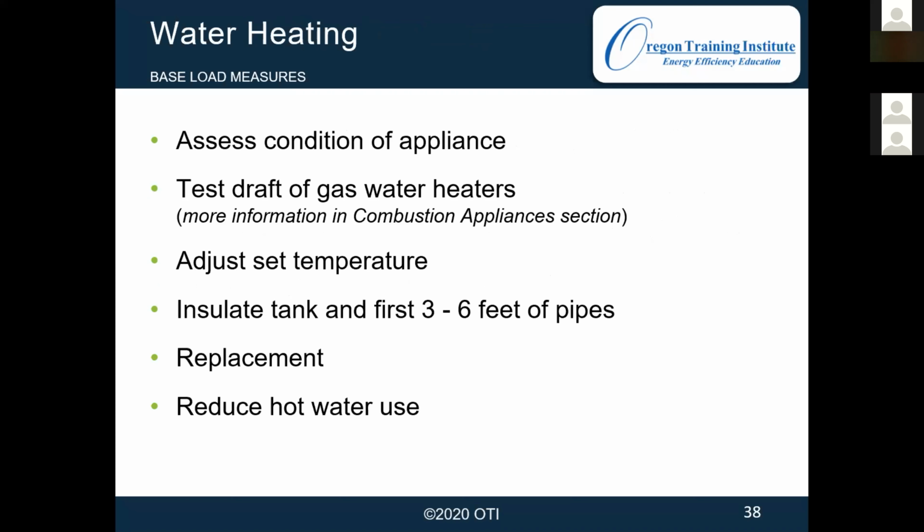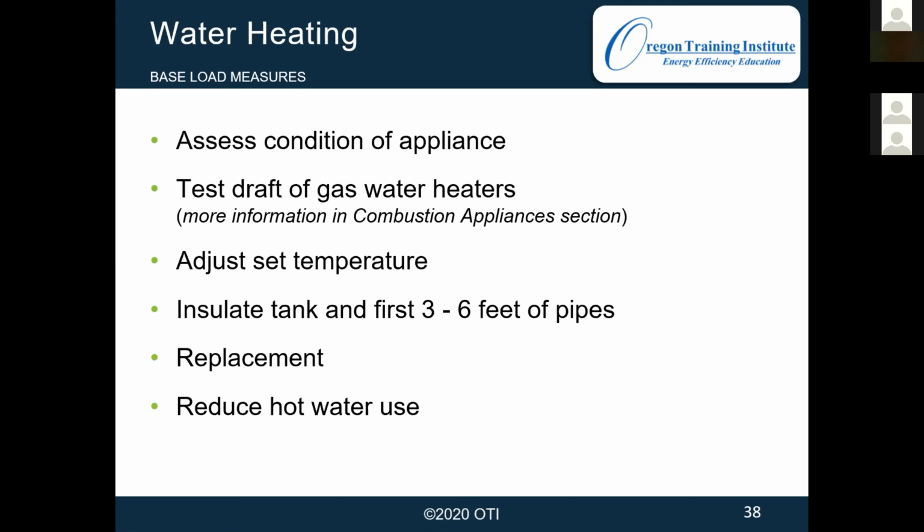So, switching gears from fridges to water heaters. Most people are going to have a standard tanked system, but regardless of what kind of water heater they have, we're going to assess its condition and identify what kind of fuel it is, probably electric, maybe gas. And our first priority, if it's functioning,